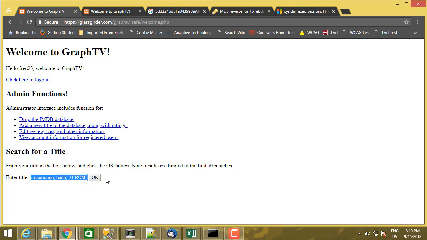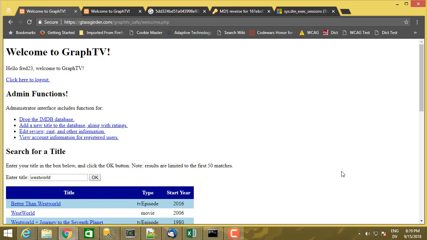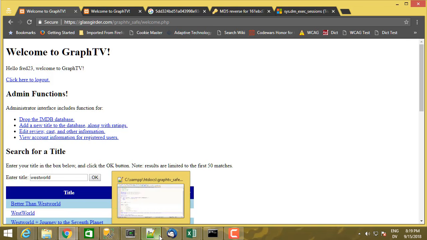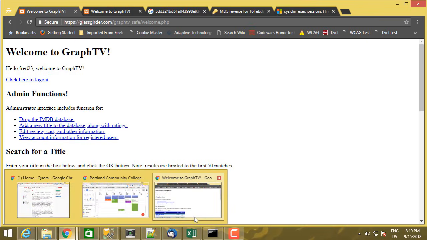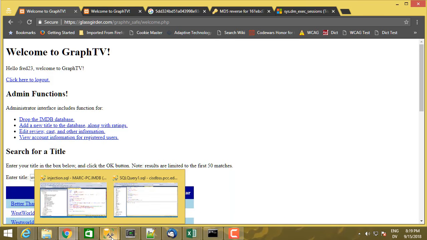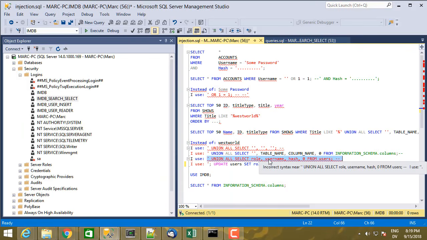If I just enter a regular search query, that works fine. So I can do a regular search query, but if I try to run the SQL injection attack that I was running before, that displays the users,